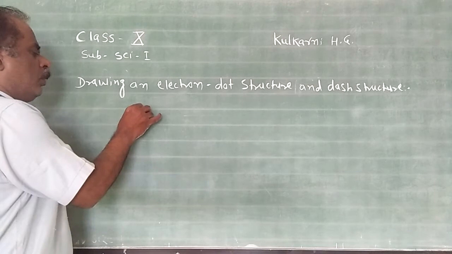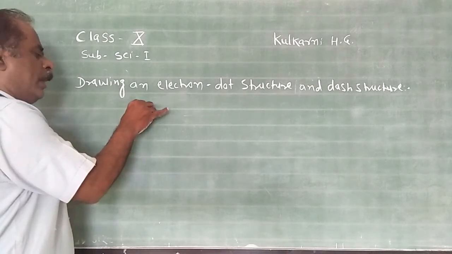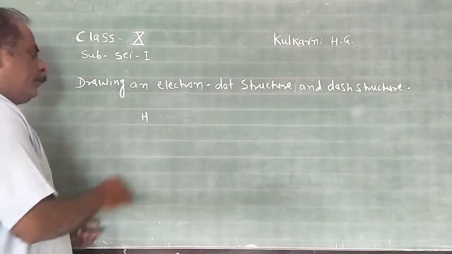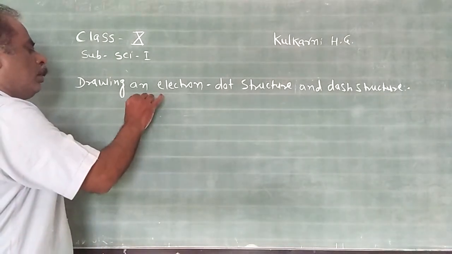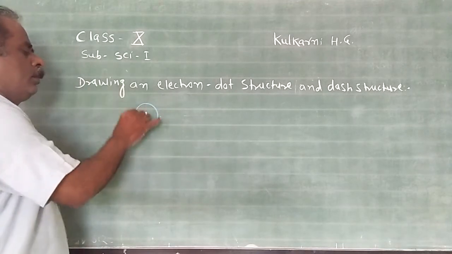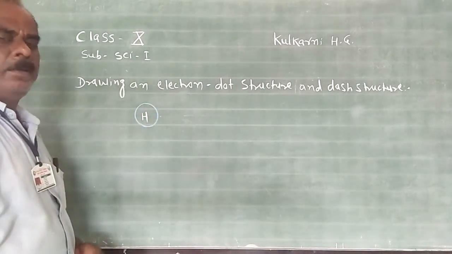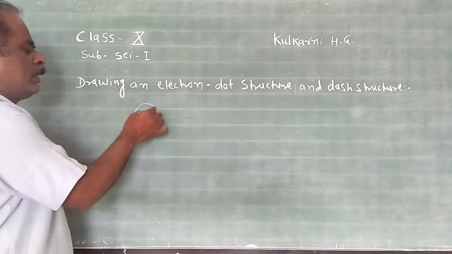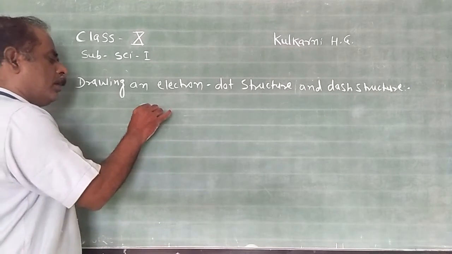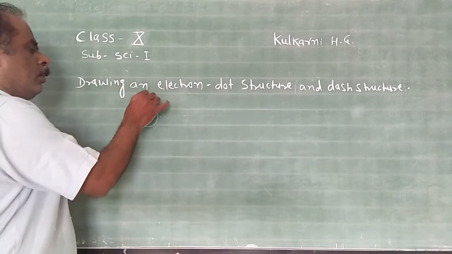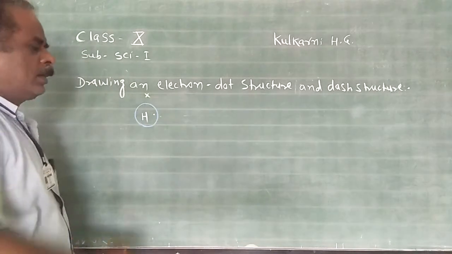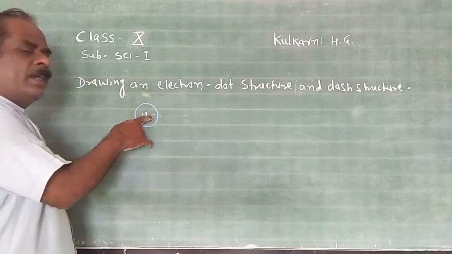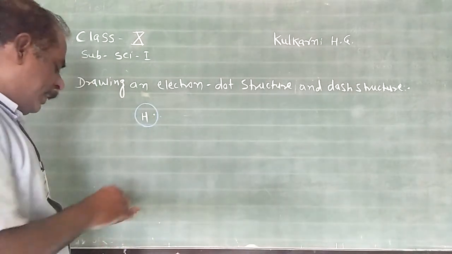Here, for the hydrogen molecule, first write the symbol of hydrogen and draw a circle around the symbol, and write the valence electron in the circle using a dot, or sometimes a cross. Here I am using the dot. This yellow dot indicates the valence electron. Second hydrogen atom,